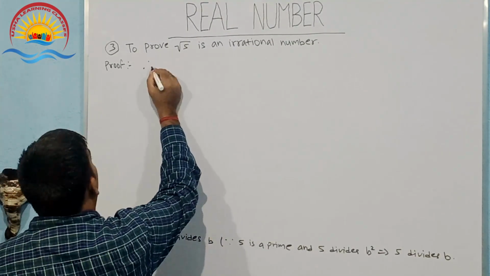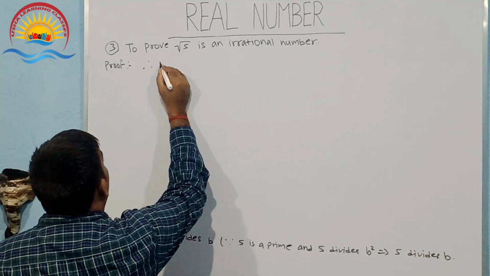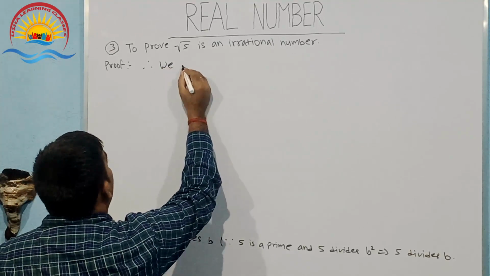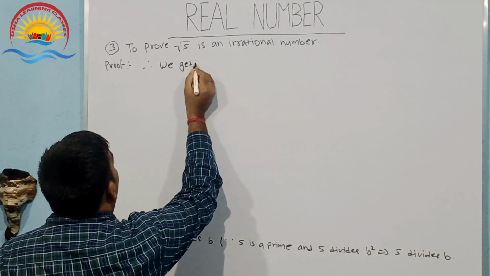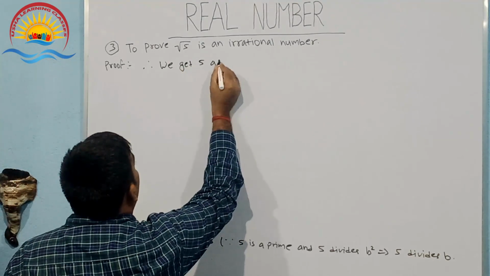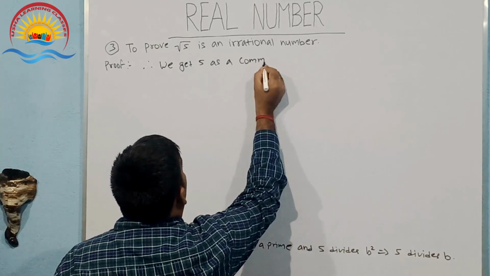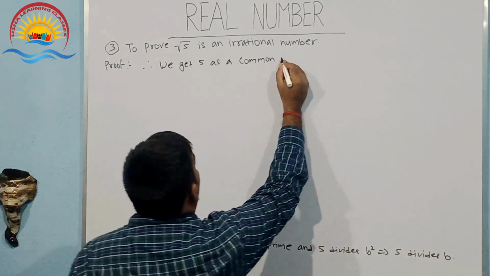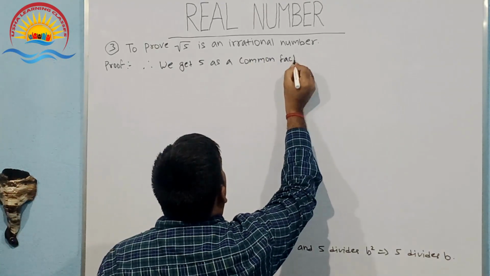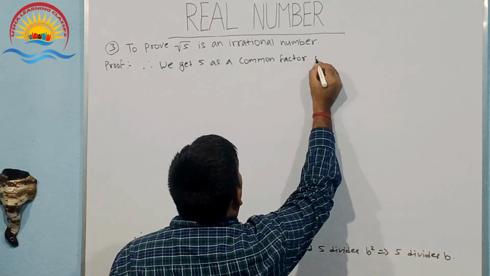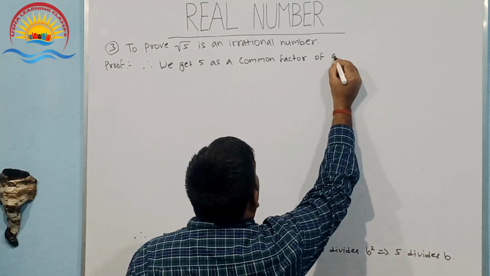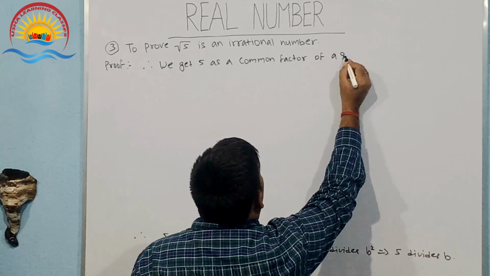Therefore we get 5 as a common factor of a and b,